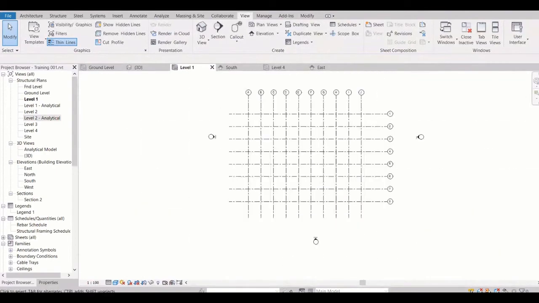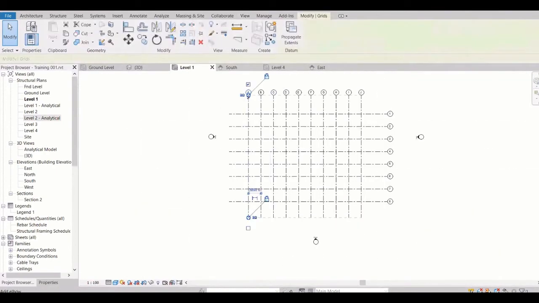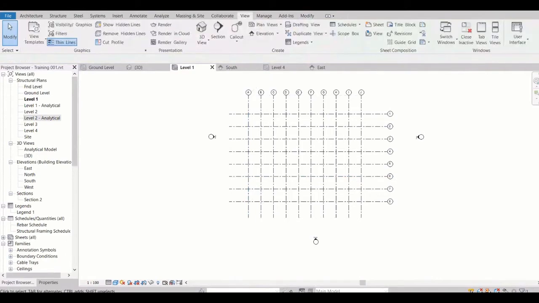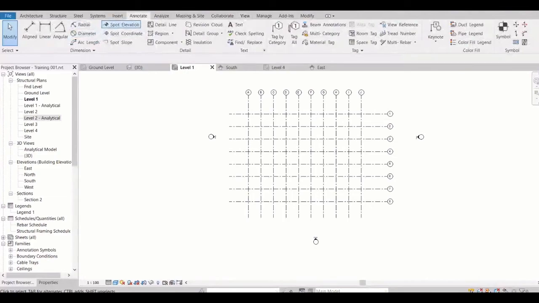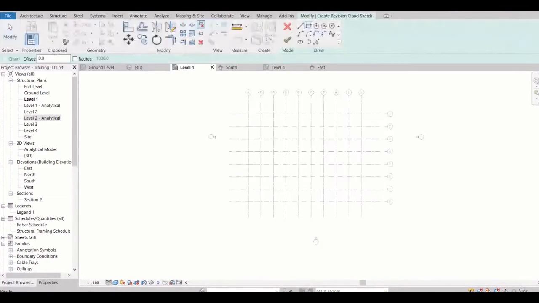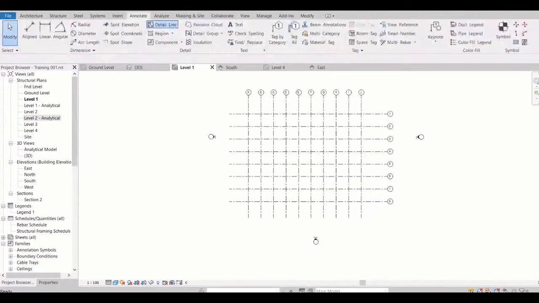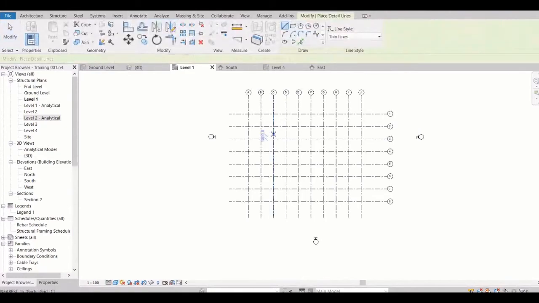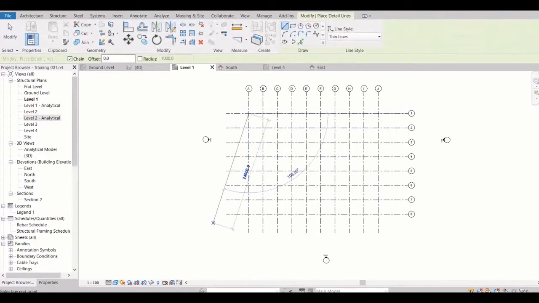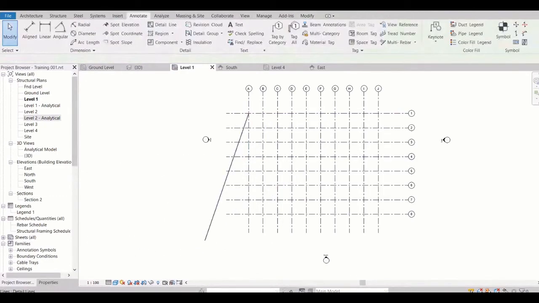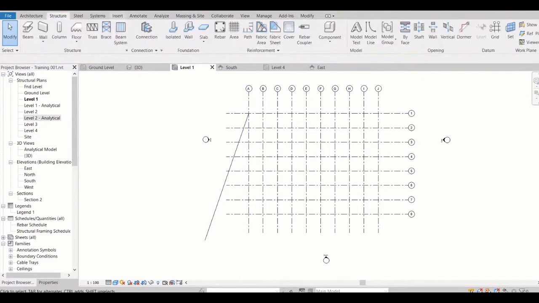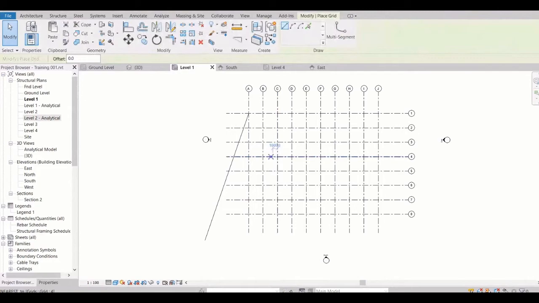Okay, one more thing, this is just a simple example, right? But what if I have a diagonal grid, then how do we draw that one? Same, whatever grid you have, just go to structure, take a grid, right?